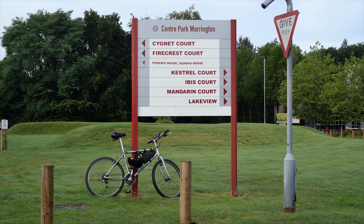And so we reached Centre Park here in Warrington. Not Centre Parks, that's a much different thing. Centre Park in Warrington is a business park filled with offices and things. But it wasn't always a business park. It used to be something called Arpley Meadows. And at one end of